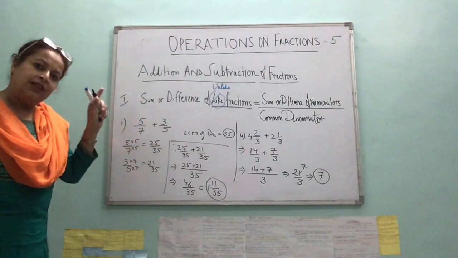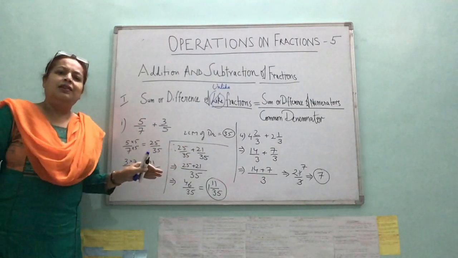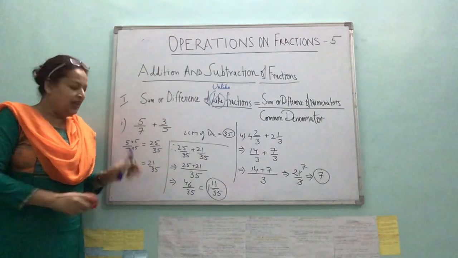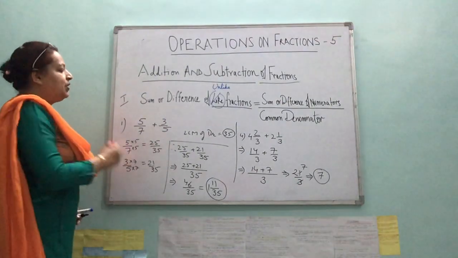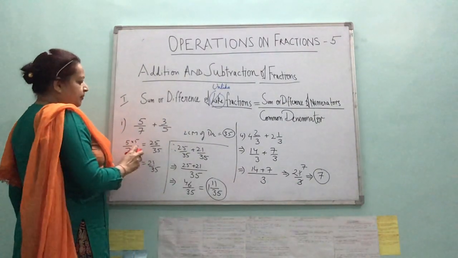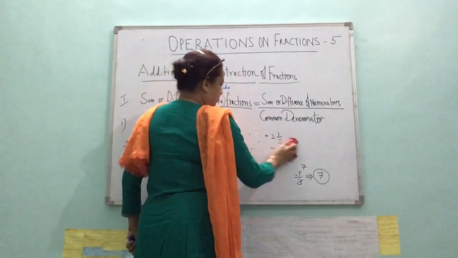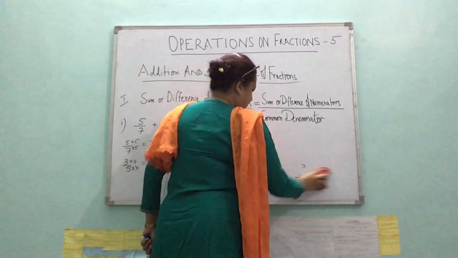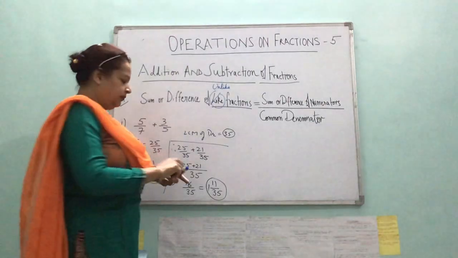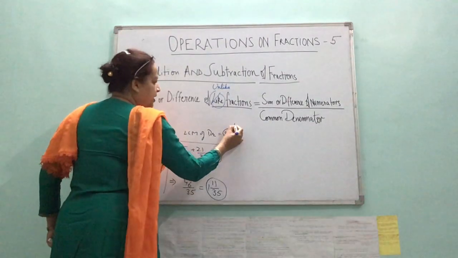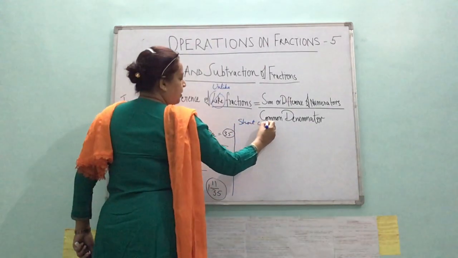Working is the same. There also we are going to convert into like equivalent fractions, but in a little bit simpler way. I can say all these separately would not be written. We can combine and write it. Okay. So let's do that method also. I'll take up here. Second method, or you can say shortcut method.